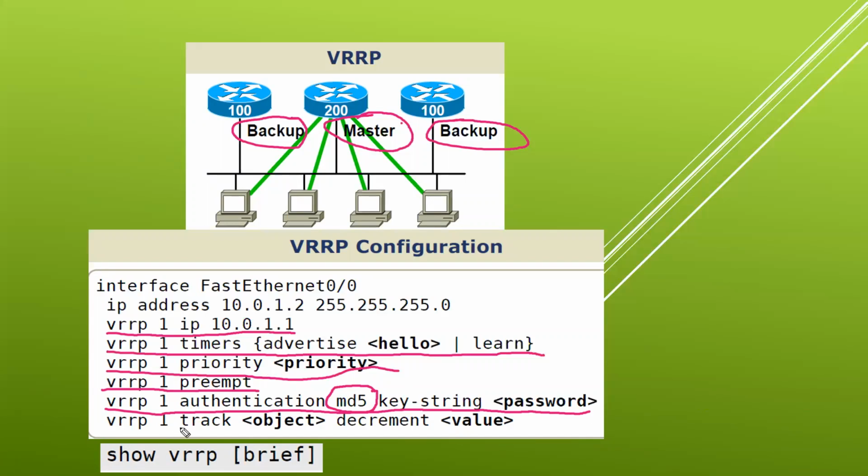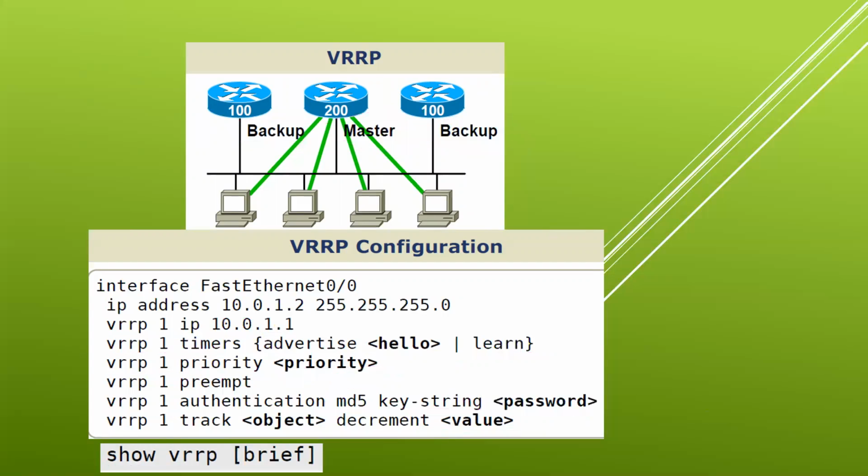Okay. So VRRP track 1 also tracks the object and it can decrement the value. I will show you. This command you will understand only when I show you the practicals. Here, show VRRP is one command and show VRRP brief is the second command. Okay, so we are done here. Let's move on to the